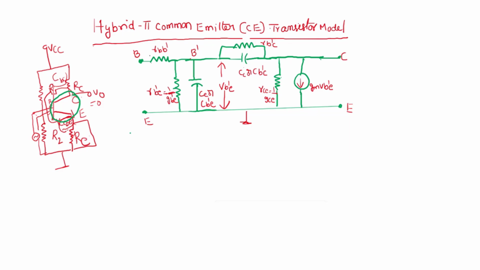All other external resistors like R1, R2, RC, you have to connect in the circuit. Suppose when you are going for AC analysis, you have to make the DC signal equal to 0. When it is 0, R1 and R2 come in parallel, and one end is at the base and the other end is at ground. So you have to keep the two resistors here